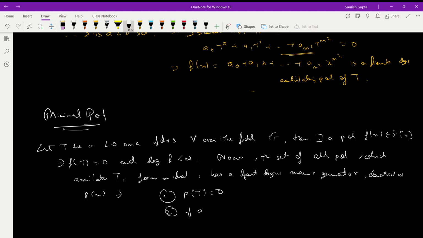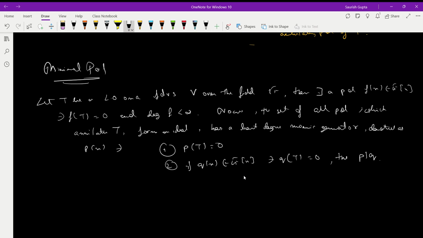Since it is a finite degree polynomial, we can talk about the least degree concept, right? So it is a least degree monic generator, denoted as p(x),